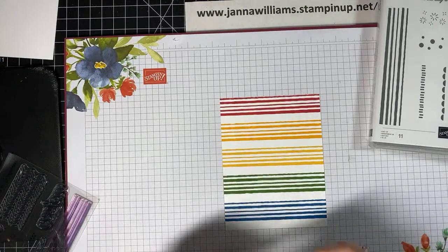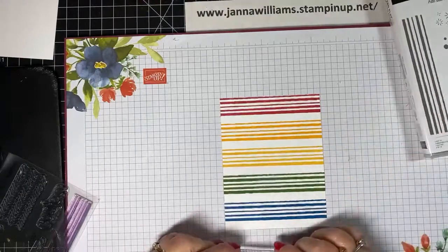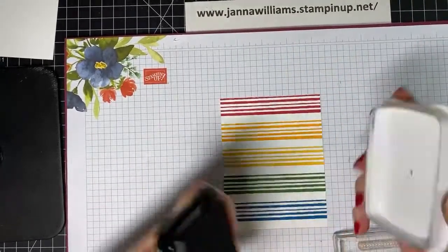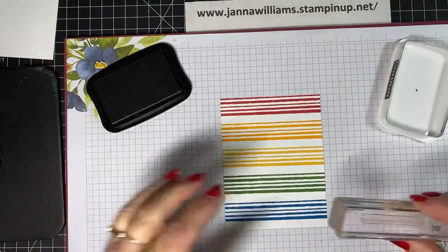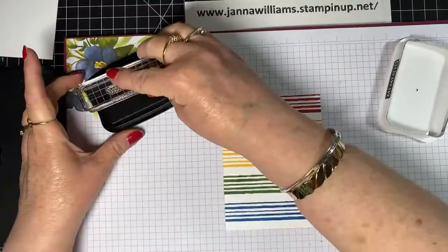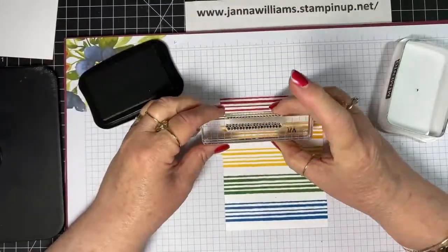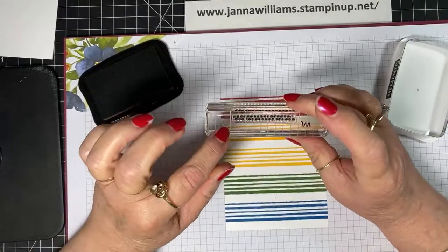I'm going to use this block. This is the part where I need you guys to cross your fingers because I've got to line this up where I want it and then match it up to go across the page without dropping my stamp or putting it where I don't want it, and being able to see it and line it up right because I'm not right over the top of it. So cross your fingers. I'm going to do the best I can, and I'm going to start with the very top dot